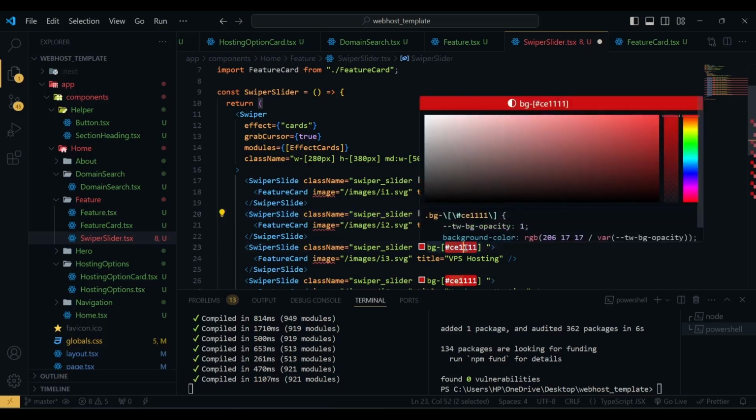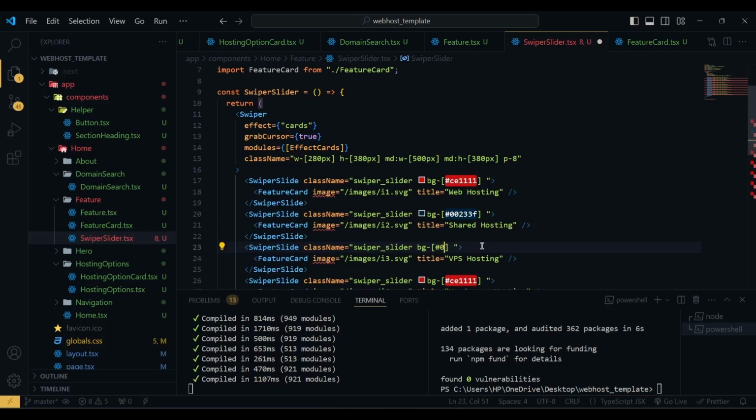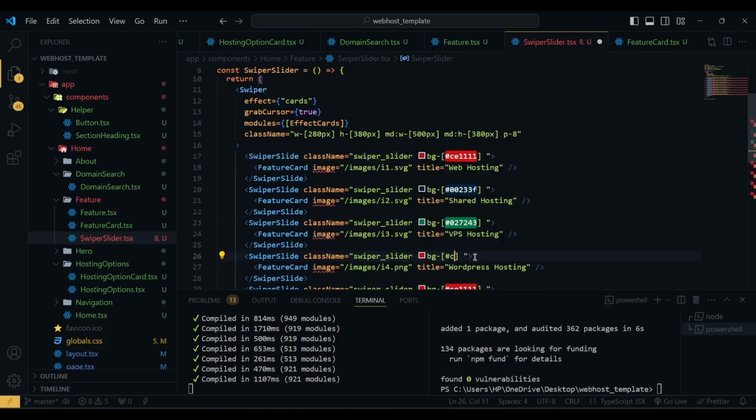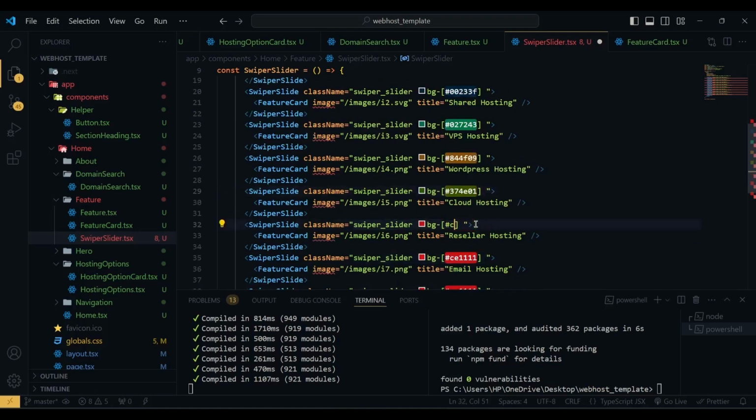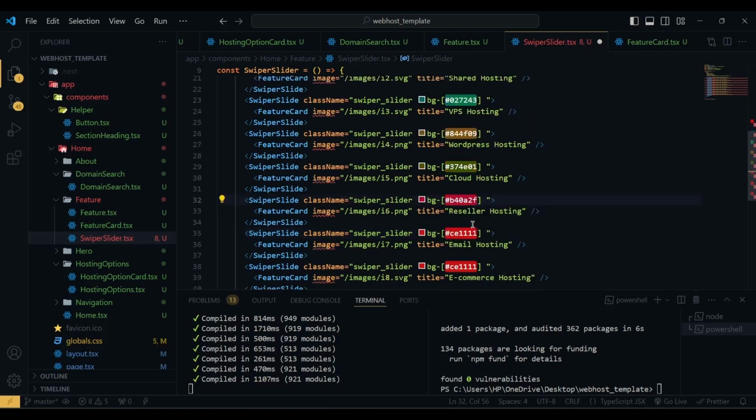#00233F, then we have #027143, then the fourth one will be #844F09, then the fifth one will be #374E01, then the sixth one will be B40A2F, and then we have 08AB9D, and finally we have